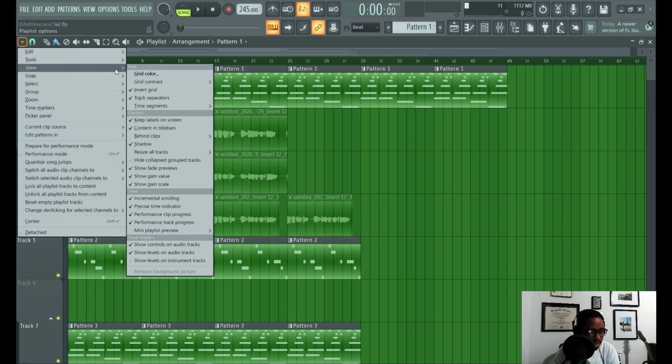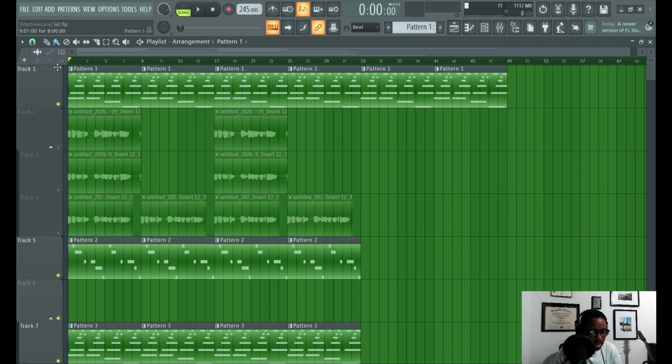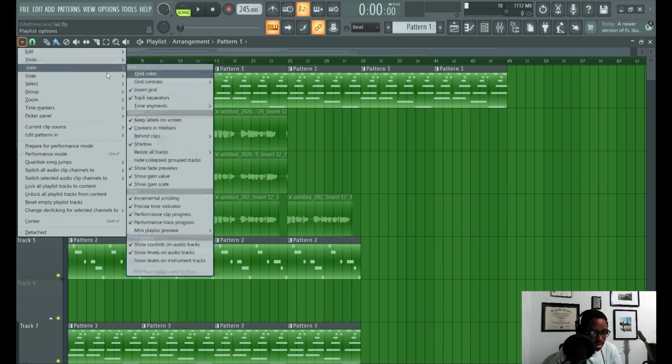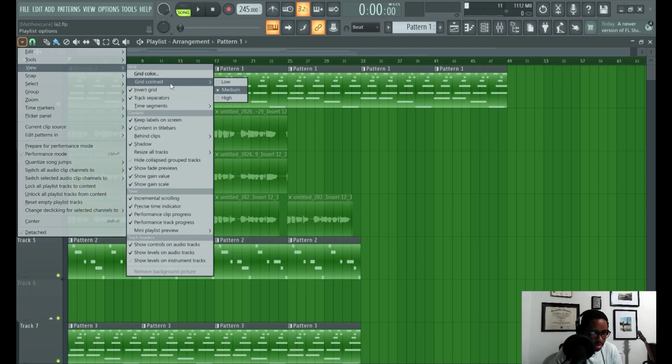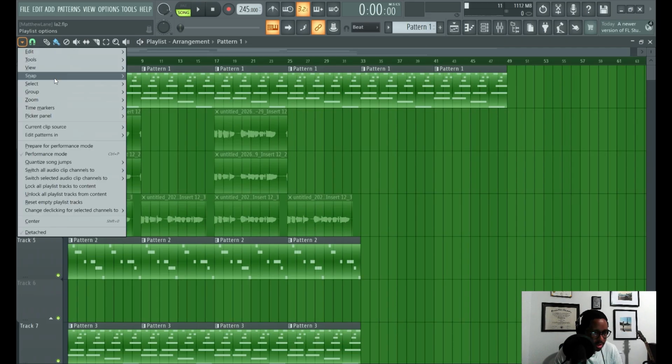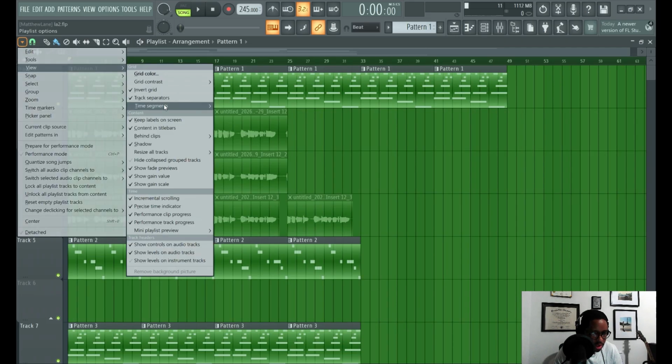There's a lot of neat functions here that you might not be aware of, but definitely check some of these out. You can change the contrast. Sorry, actually, I think I missed there. You can change the contrast. I don't know why you would have that low, to be honest. You can change the